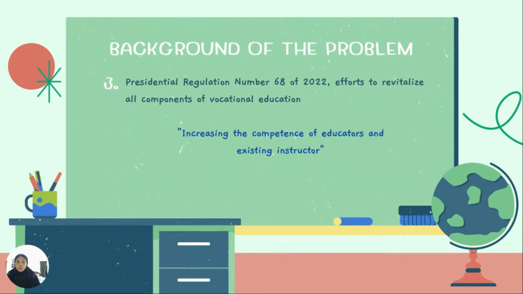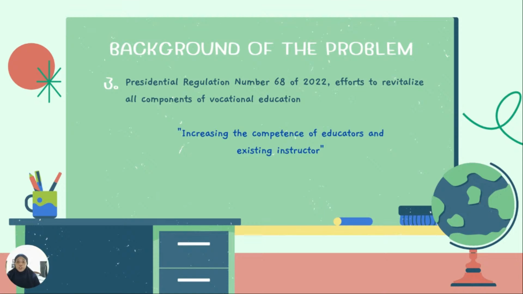And then number 3, the background of the research is about Presidential Regulation number 68 of 2022, an effort to revitalize all components of vocational education. Especially the statement is increasing the competence of educators and existing instructors. This is the focus, increasing the competence, not only of educators or existing instructors, but we must prepare from